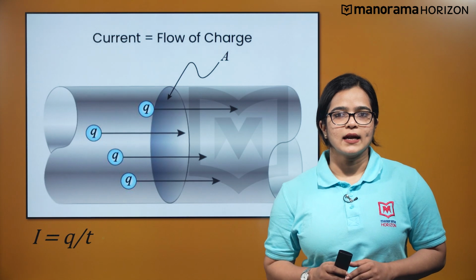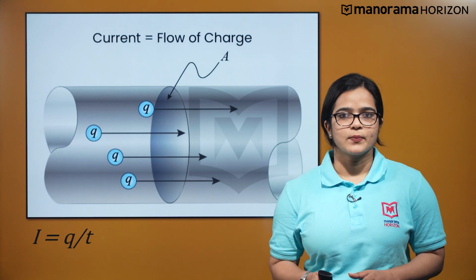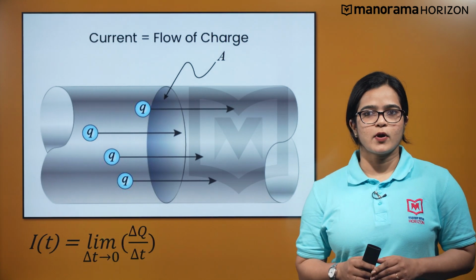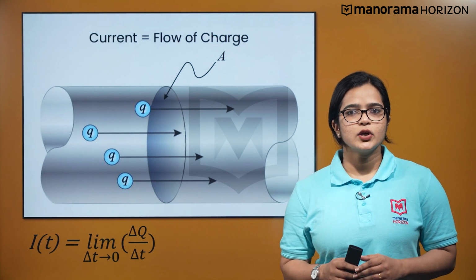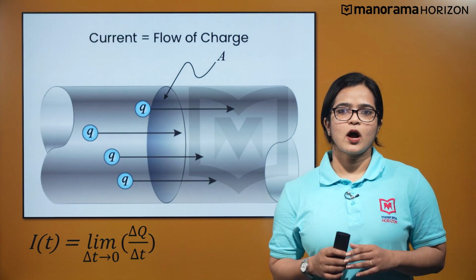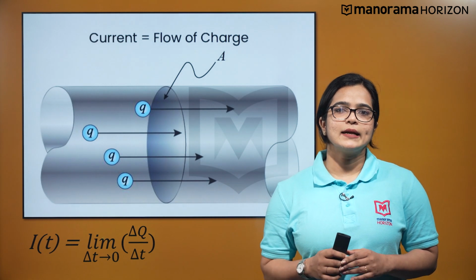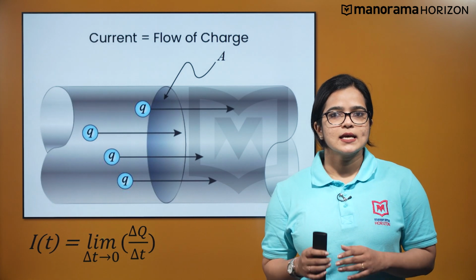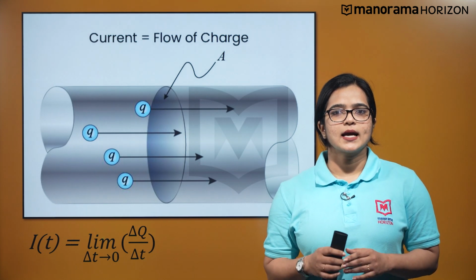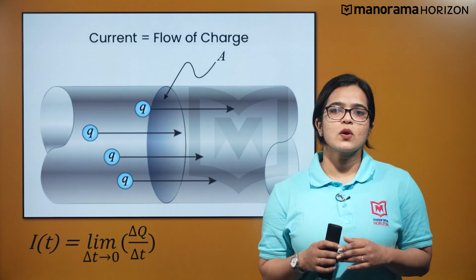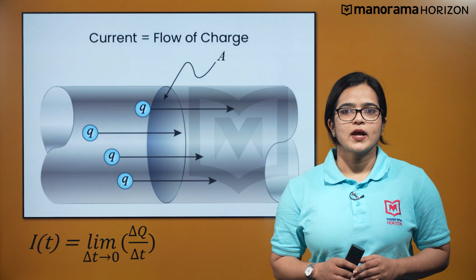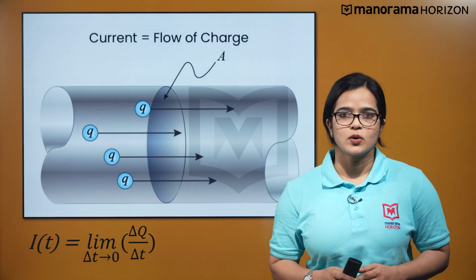We have to understand that the current is not always steady and it tends to vary. Hence, going for a more general approach, let's consider delta Q to be the change in net charge flowing across the cross-sectional area of the conductor during the time interval delta t. Delta t is the time interval between t and t plus delta t. Then the current I at time t across the cross-sectional area is the ratio of delta Q to delta t under the limit of delta t tending to 0.